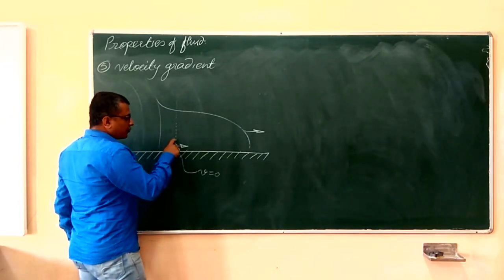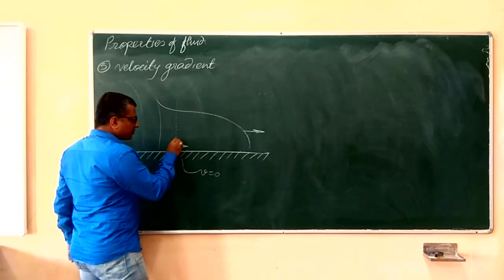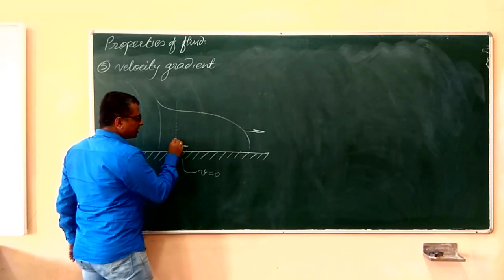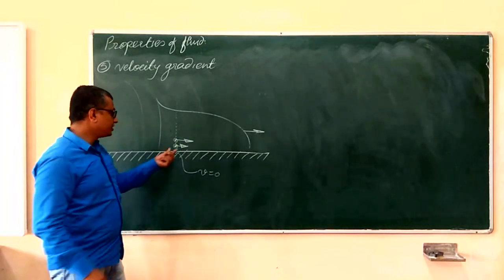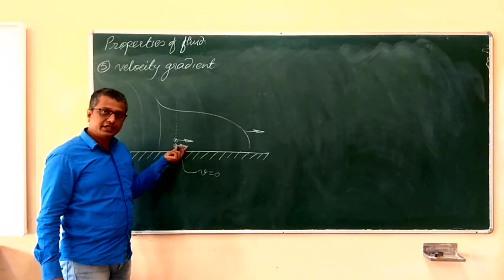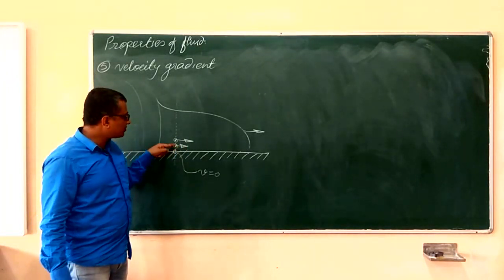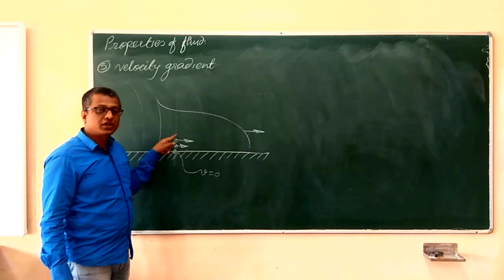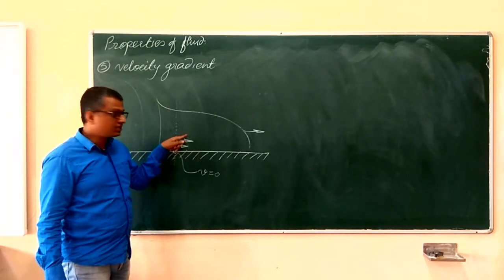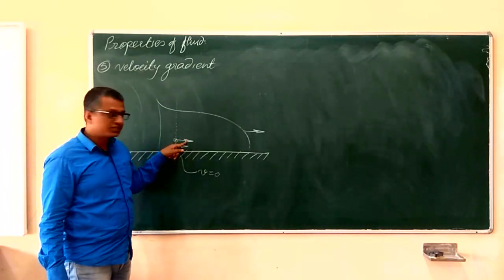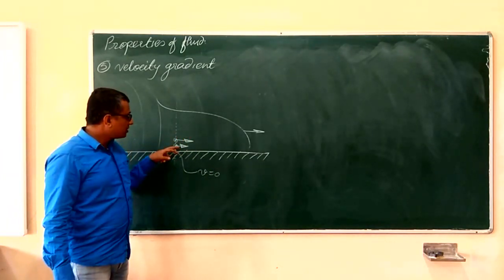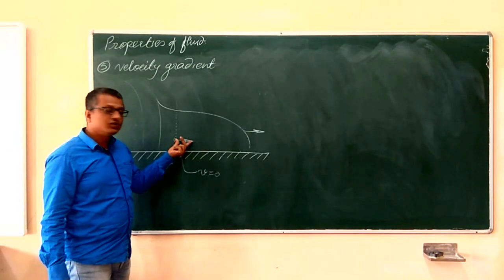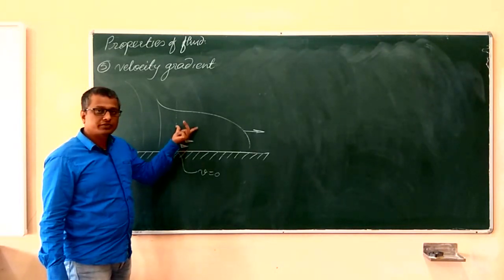If I go a little upward, the velocity of this fluid particle over here is somewhere over here. I already told you that we are representing the velocities of these fluid particles in the form of velocity vectors representing the direction of that vector. Obviously, the direction means that in that direction, the fluid particles are flowing. And the length of the vector gives you the magnitude of that vector.